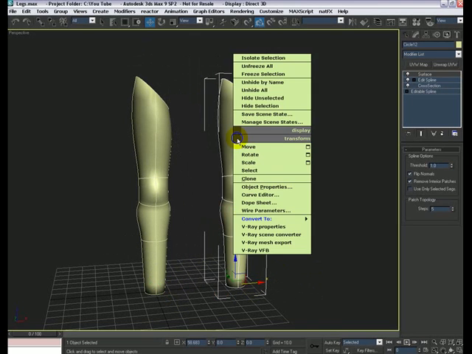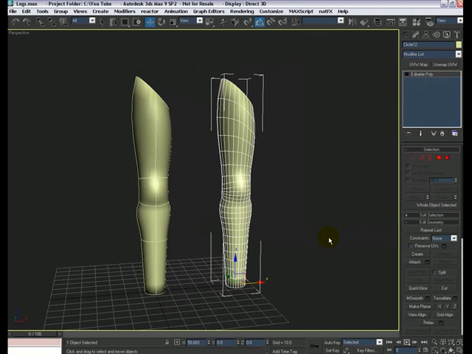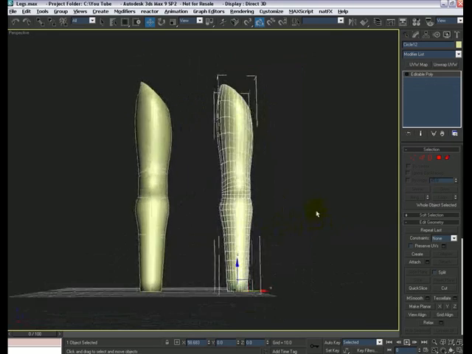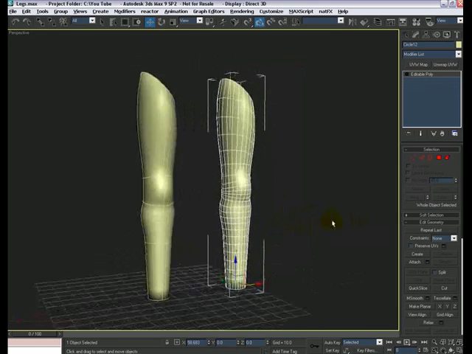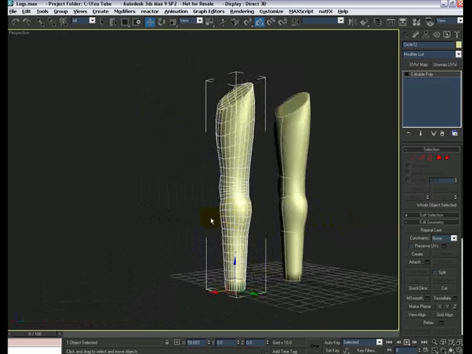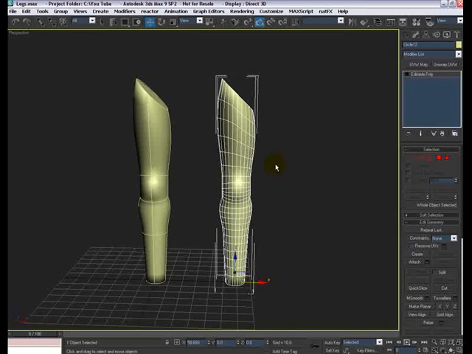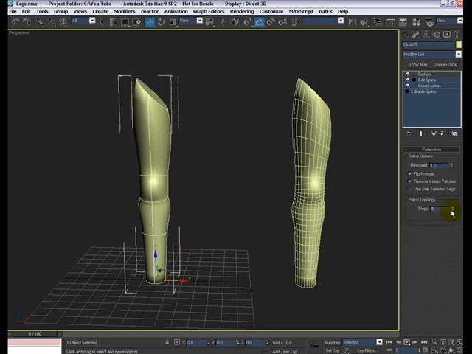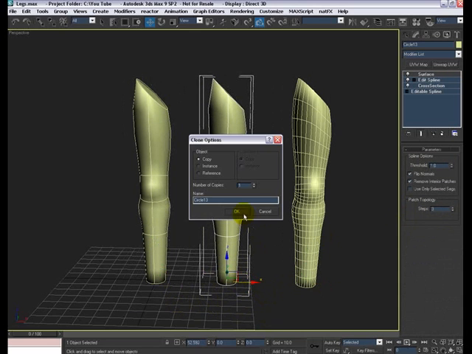And what I'm gonna do is convert this copy to an editable poly object. And now if you look at the mesh details, it's quite a lot. And if you are going to use any smoothing modifier, you don't need that many details at the base level. So let me move it aside, and this time I'm going to reduce the number of steps to 3 and then make a copy. Say OK,